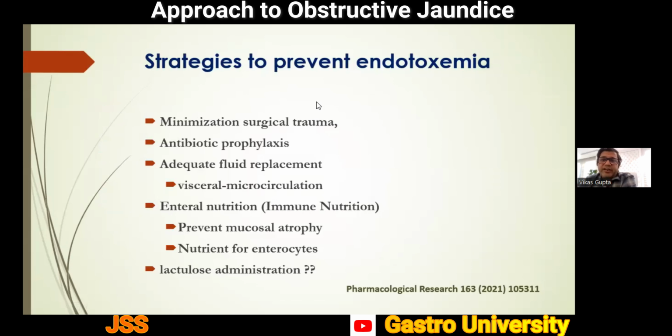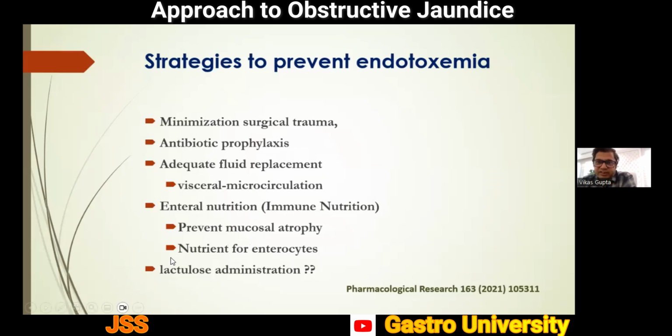So before we attempt any endoscopic or surgical intervention, there are a few strategies which should be taken care of in these patients so as to prevent the ill effects of obstructive jaundice. We should try to minimize trauma when the patient is deeply jaundiced. We should give good antibiotic prophylaxis, adequate fluid replacement, enteral nutrition, and immune nutrition to prevent mucosal atrophy, and sometimes